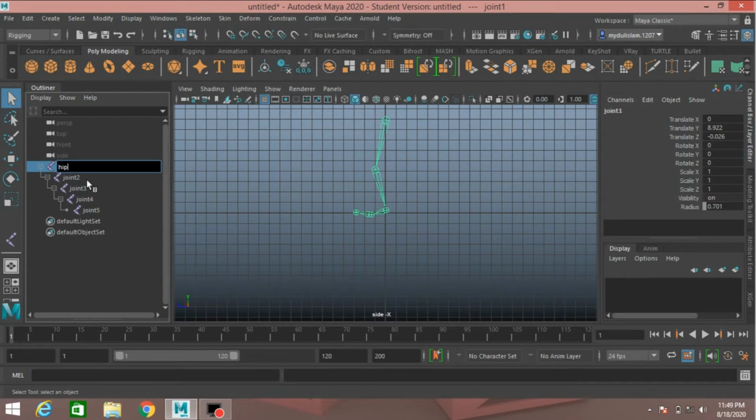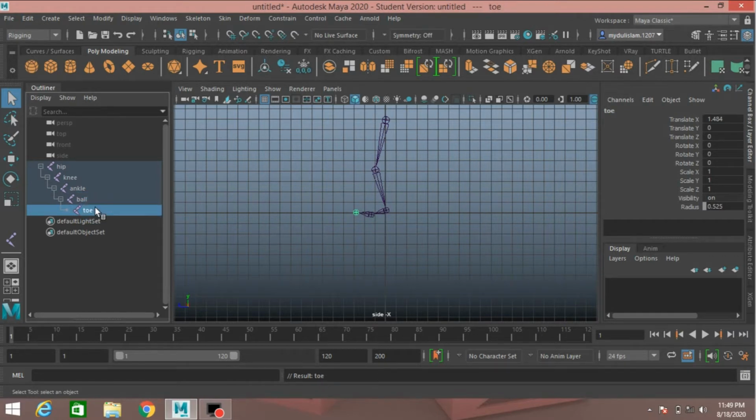hip, knee, ankle, ball, and the last one is toe. Press enter,